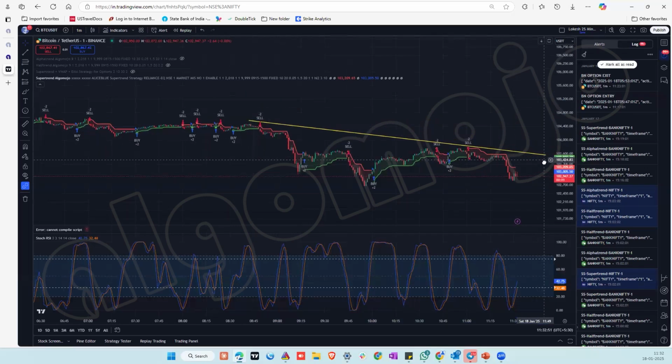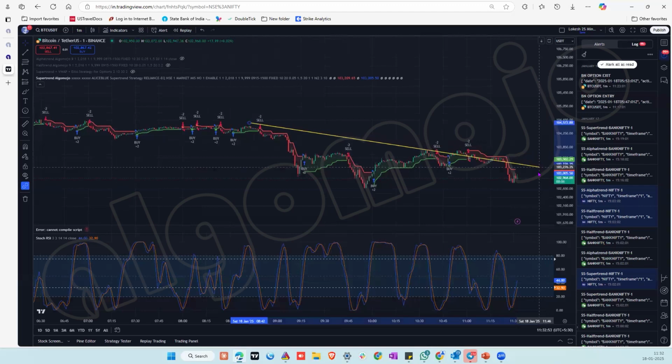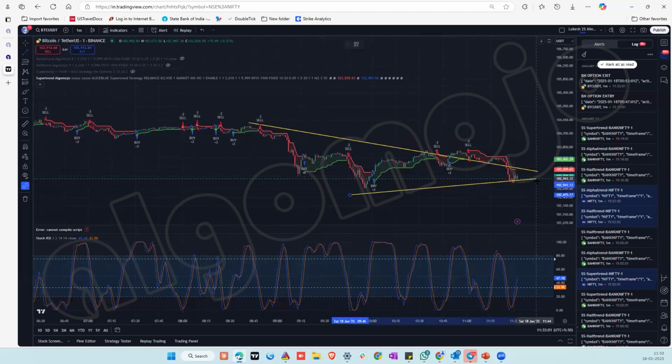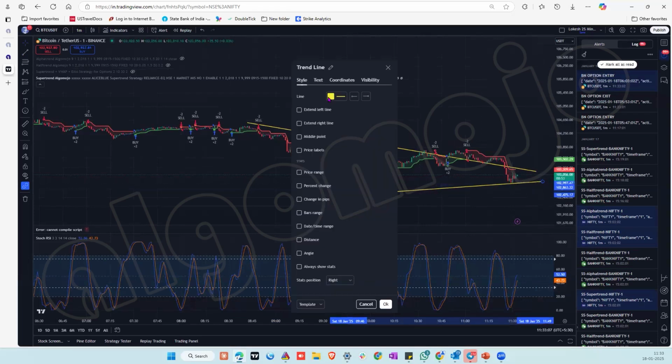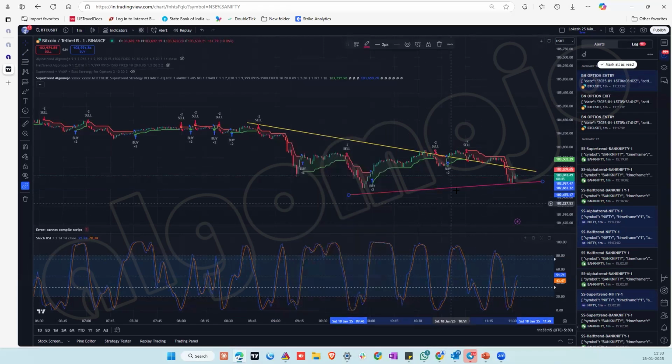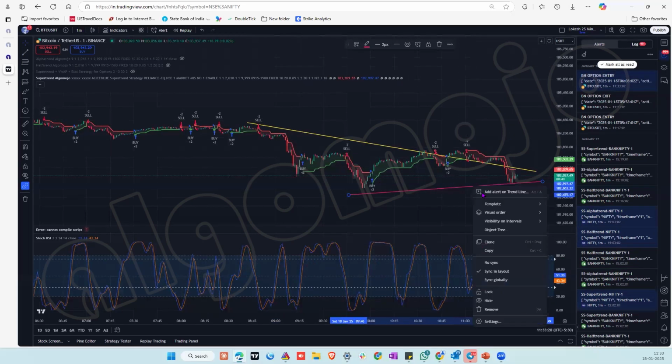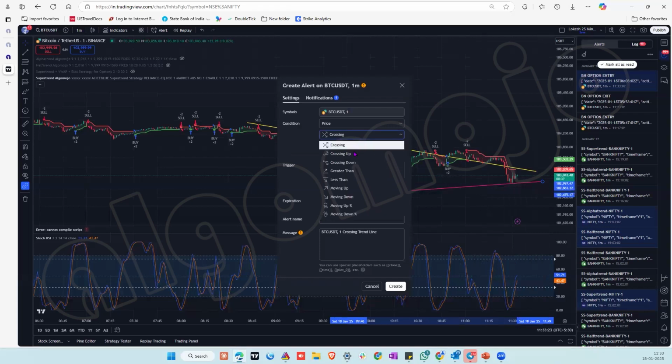make it deeper like this. So similarly, something like if there's a breakdown of the trend line, I want a short entry to be taken, then that's also possible. So here you say that, okay, if the price breaks below this trend line, then I'll create one more alert saying that, okay, if the price crosses down from up the trend line, and if it closes below the trend line,